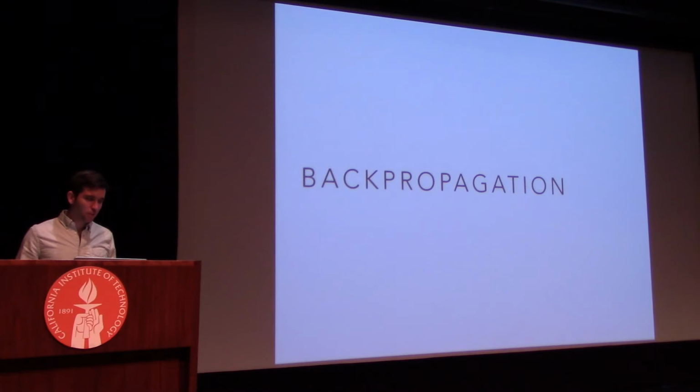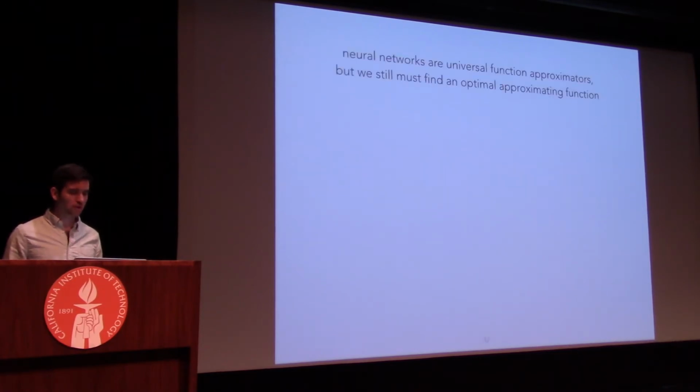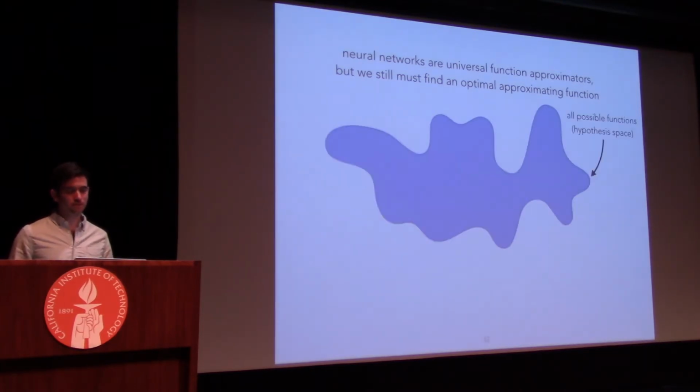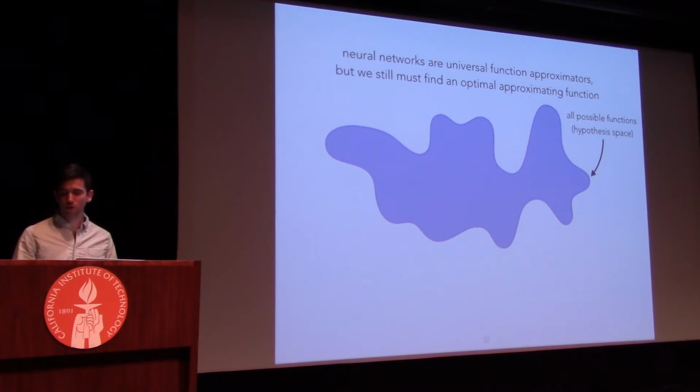So we now need to talk about how we're actually going to train this function. I've given you the general form of the function, but we don't know how we would actually get the function to be what we would want it to be. So it's a universal function approximator, but we need to find the function that we're trying to approximate. So if we think of this hypothesis space of all of the functions we could potentially learn and fit with a given neural network,